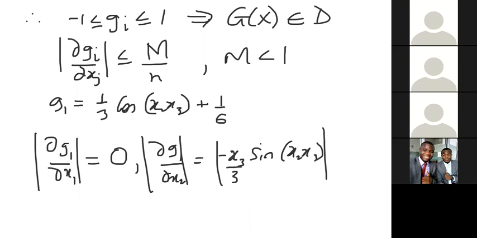If I want, I can even say this is just less than or equal to 1/2. Of course, I can even say this is less than or equal to 1. If I want to be more precise, then I'll use those values that I have in D. If I take absolute values, the negative part will disappear. So I'm going to have 1/3 here, and then I'll pick sin 1. So this will happen when